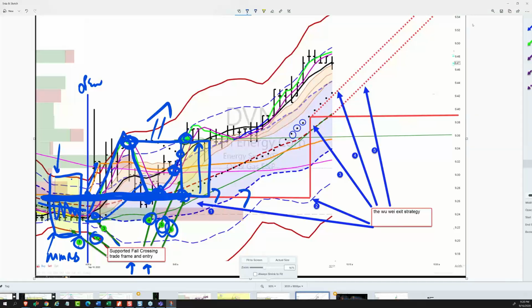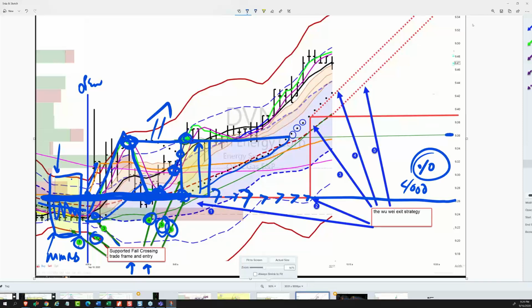So now I've committed to the Wu Wei exit. So that remains in place until, and then I'm just noticing the PSAR mark its way up. And here is where the entry was at 936, and my stop is down here at 926. So my initial risk is 10 cents. So on $400, I could have up to 4,000 shares. Is that right? Yeah, maximum position size of 4,000 shares.